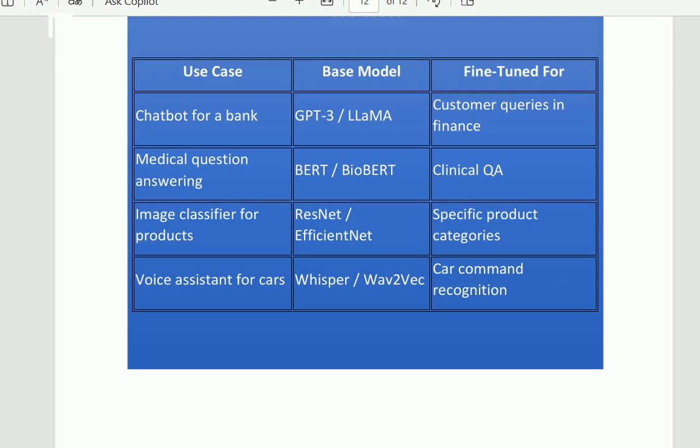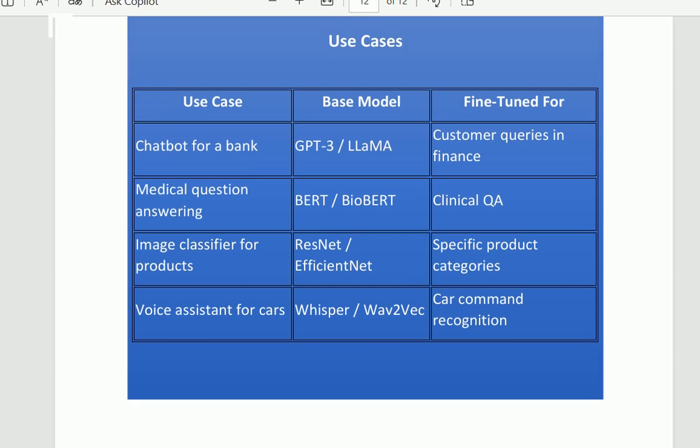So it is mandatory to select the base model before the development of the application. This is very good knowledge for the artificial intelligence engineer, and it is mandatory to know the different base models before the start of the development of the application.